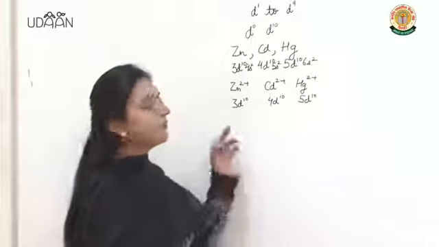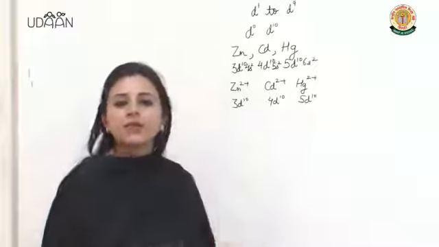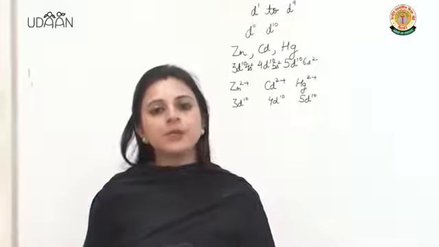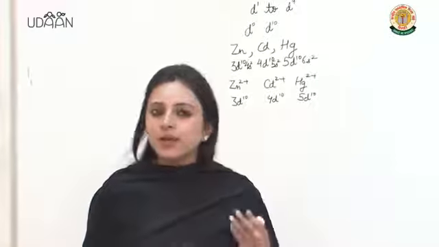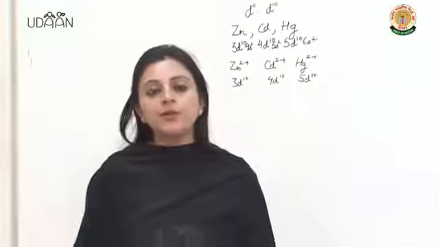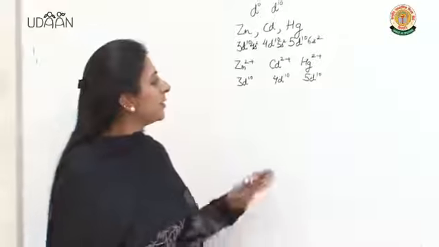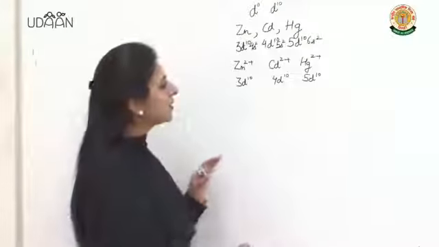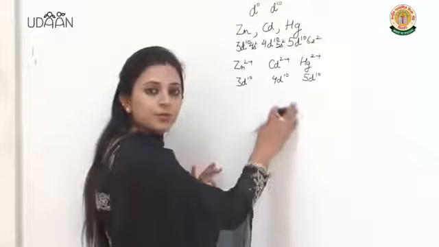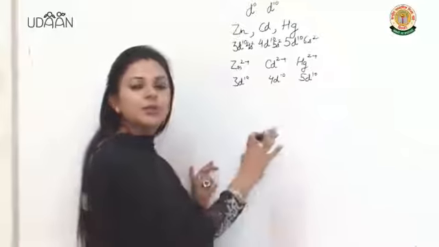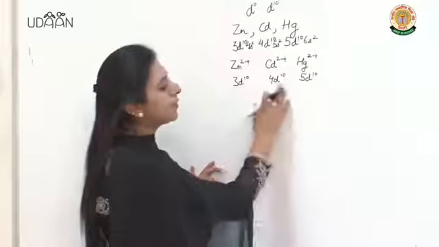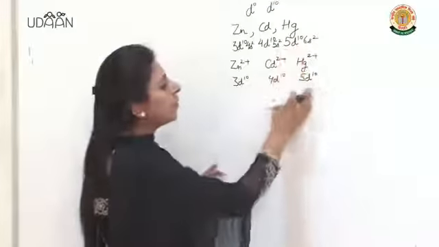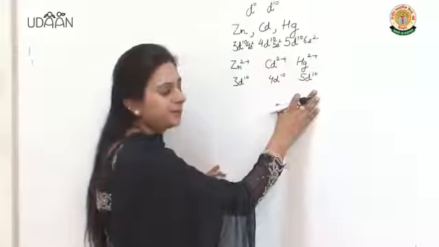What does that mean? That they are not regarded as transition elements. Also they do not show the properties which are typical of a transition element except their ability to form complexes, but in order to maintain the rational classification in the periodic table, they are studied with transition elements. So zinc, cadmium and mercury are not regarded as transition elements because they have completely filled d orbitals in their ground state as well as in the most common oxidation state.